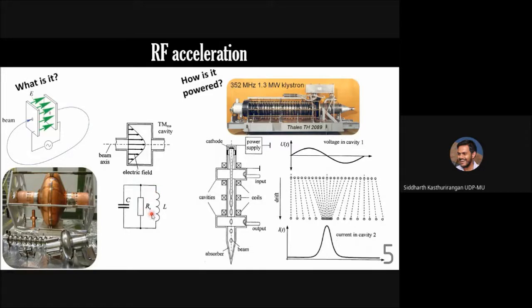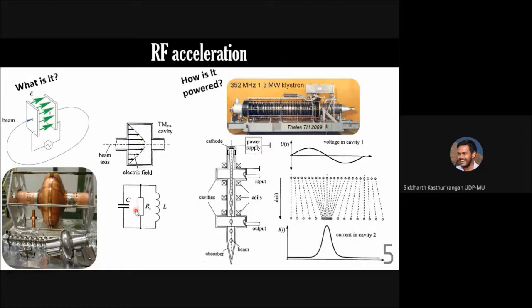And the resistance which is drawn here actually represents the amount of power transferred from this cavity to the beam. So basically, whenever the beam gains energy, the cavity or the plate arrangement which is here loses energy. That energy loss is represented in the form of a resistive energy loss. It's just a model. This LCR circuit model is what is used to determine how much power requirement is there for each cavity. So basically, the calculation goes as how much power do I want to transfer to the beam particle each time it passes through the cavity.